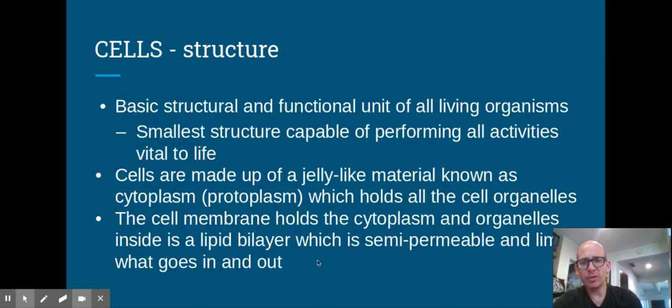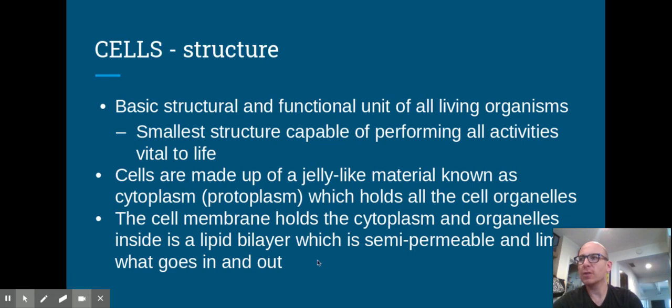Okay, if we look at cells first, this is the smallest unit of sustainable life. Basically, it's the smallest structure that's capable of performing all the activities vital to life. So within a cell, you have a bunch of different things. We call them organelles that do a variety of things to sustain your life. Each cell is made up of cytoplasm or protoplasm, which is basically the kind of the goop in the middle of the cell that holds everything together. Everything sits inside of it. It maintains the cell's shape and keeps everything